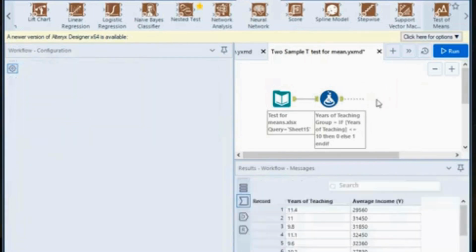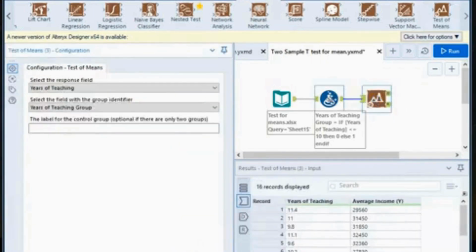Make sure it is linked to your filter or the formula bar, right? Now it will open a pop-up window where it will ask you about the response variable. So response here is income, and your group identifier is the years of teaching, right? Now, in order to get the output in the